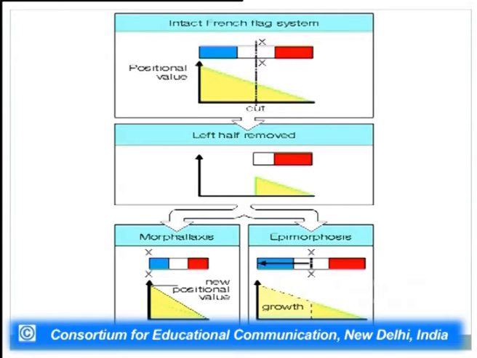positional value, and as you can see, there is a rearrangement of the cells, or a redifferentiation of the cells that occurs, and there is not much growth in that. Repatterning is the right word. So, repatterning of the tissue occurs and the entire flag is reorganized, but it is smaller than the original one. So, this clearly depicts the difference between morphallaxis and epimorphosis, and now we will take the